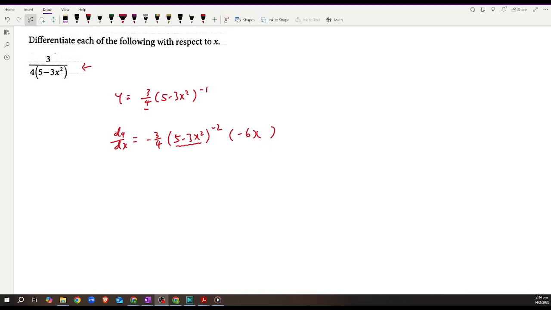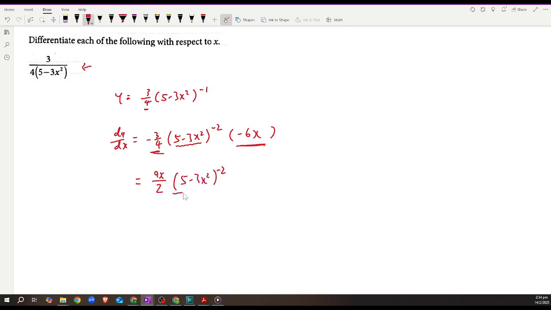Okay, so from here, don't just leave it like that. See what can be simplified, right? So you're going to take negative 3 quarters, and then you can multiply with this negative 6x. So it becomes positive 18 over 4, which is actually just 9 over 2, right? Positive 9 over 2, you can put the x on top, times (5 minus 3x squared) to the power of